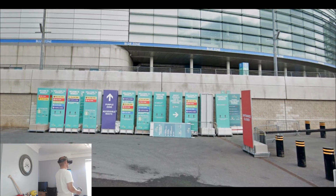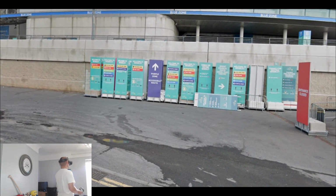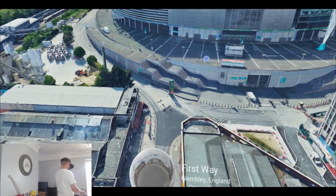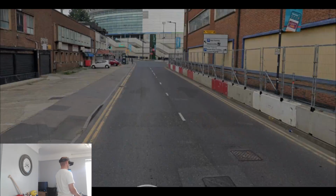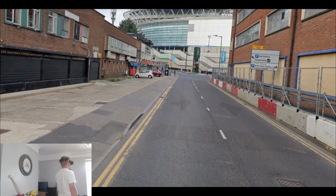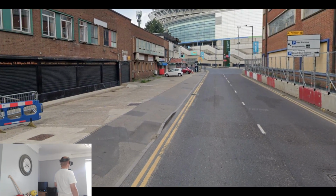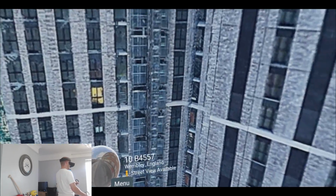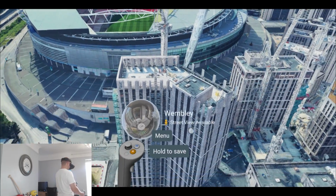Now, I think from Wembley Way, the views are great. You're looking up, you can see the arch, but actually, most of the other sides, it's not a great view. Like here, it's not a great view, is it? It almost looks like it could be a shopping centre. There isn't anything special. I think the only special view is...